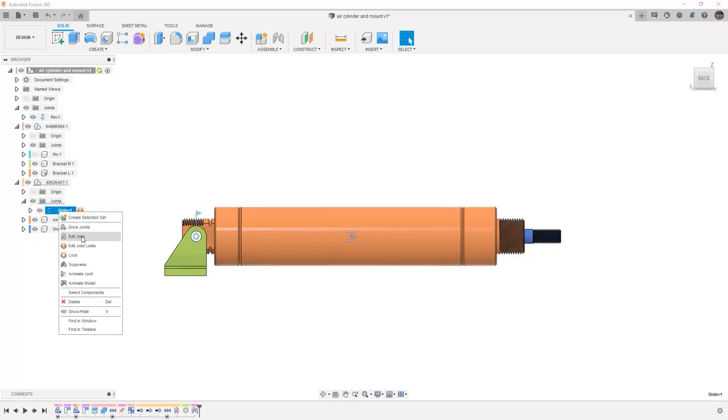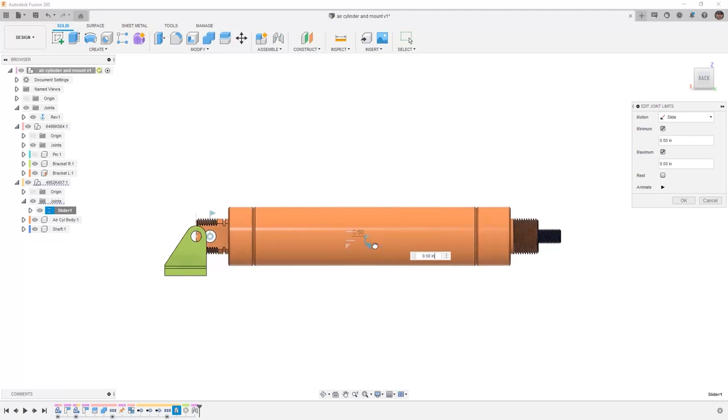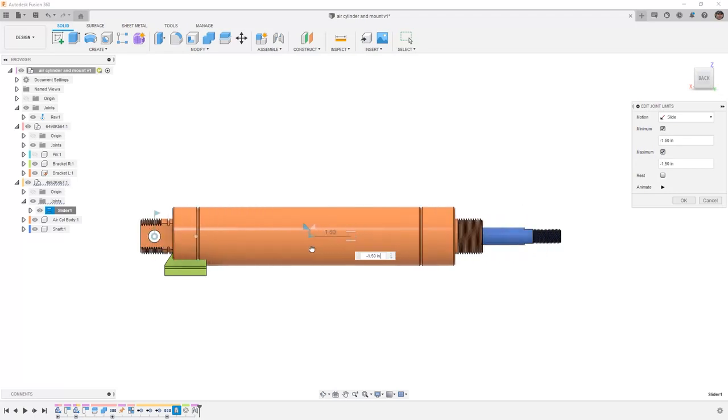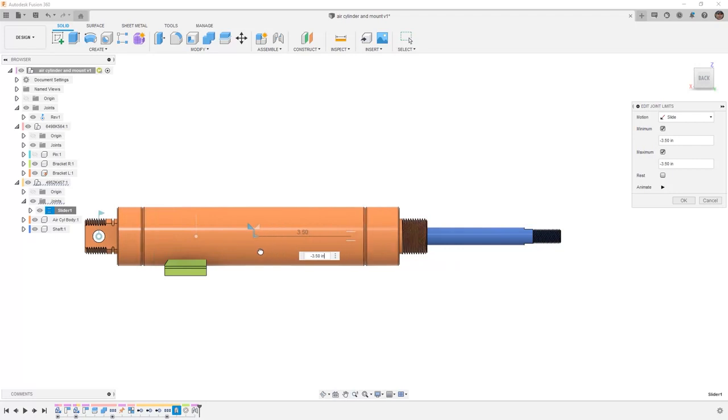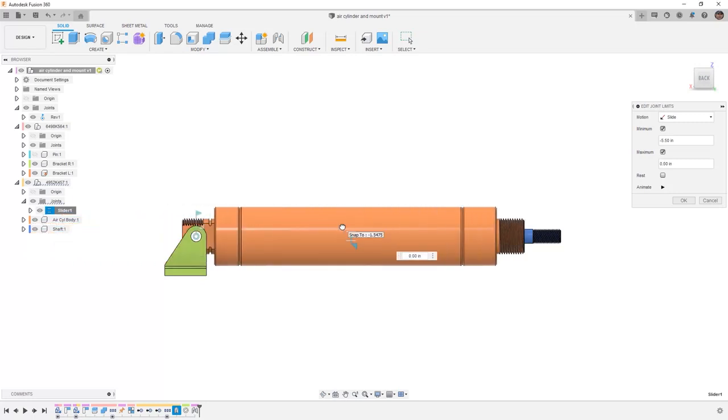We're going to right-click and edit the joint limit. We're going to set this to a minimum and a maximum value. As we begin to drag these out, notice that it's moving the air cylinder. And in this case, that's going to be okay. We know that the travel of this air cylinder is going to be 5.5 inches. So we're going to set the minimum and the maximum values accordingly. When we take a look at this, because it's a negative value, our minimum is minus 5.5 inches and the